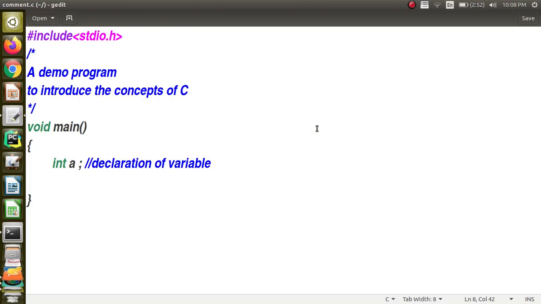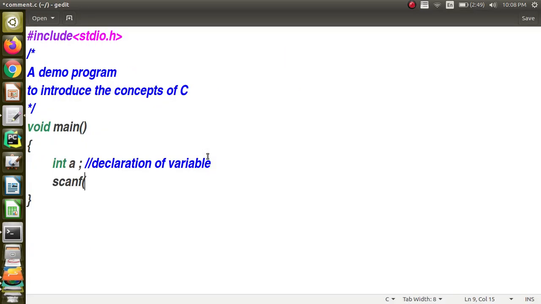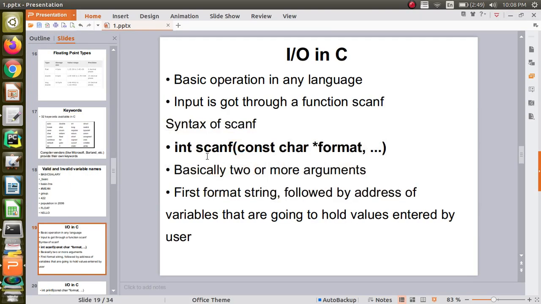Already we have got the skeleton code, isn't it, int a. Now if you want to read the value of a, then what you can do is you can use scanf, which is the function name. Actually it returns an integer. When you look at functions, its return value can definitely be ignored. There is no problem at all. But when you look at the parameters, you should pass them.